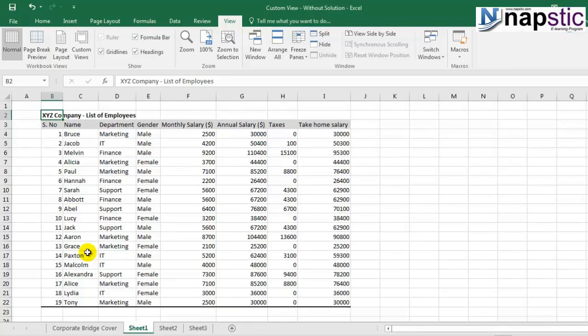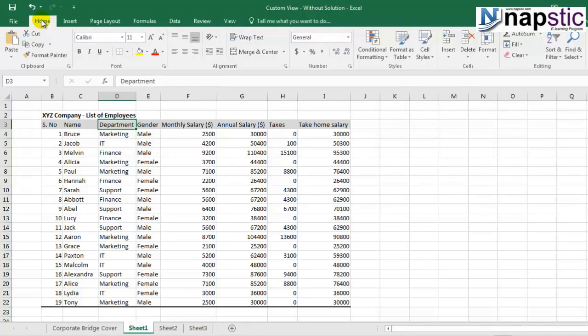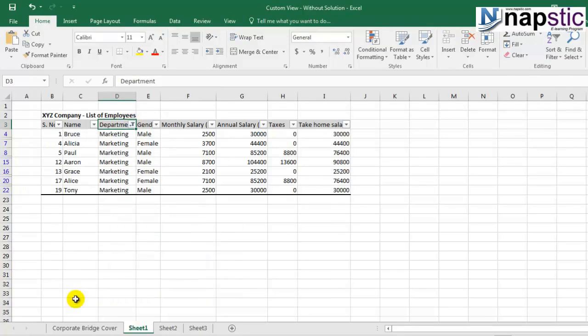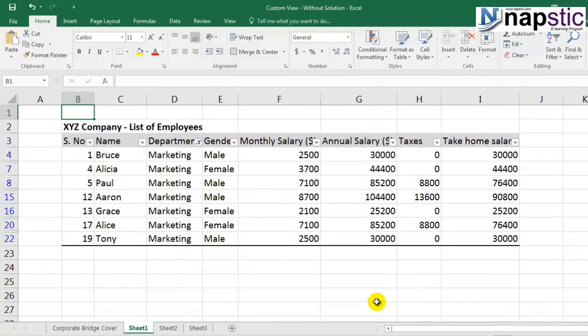Now, you can also hide or filter a set of data set. For example, in the next view, let's say I want to see only a few selected departments. Let's say I want to have a look only at the marketing department and I want to store it as a view. So what you can do is under this department, under the home tab, you can add a filter to it. And this department that I want is only marketing. So I click on marketing and now what I have is only the marketing department employees. This is also what I want to store. So I'll just zoom it a bit.